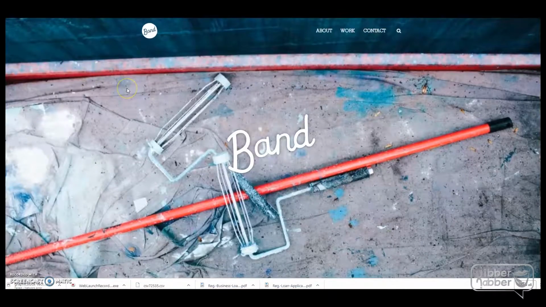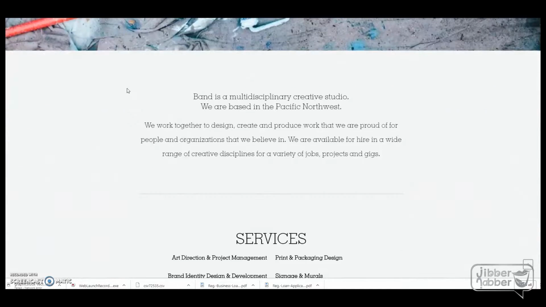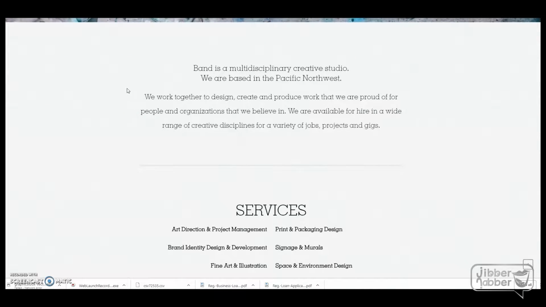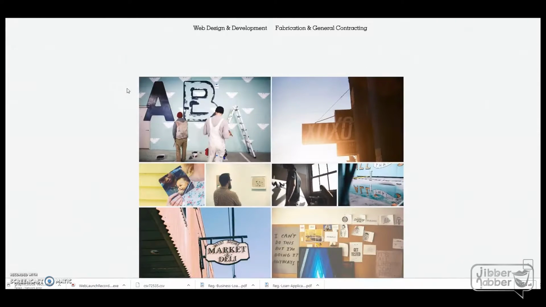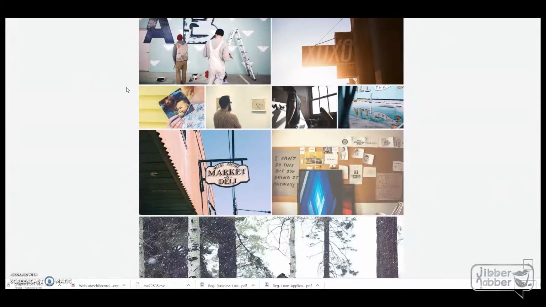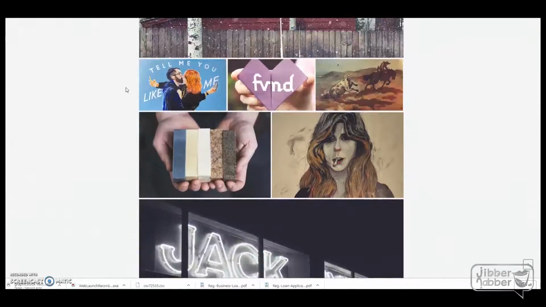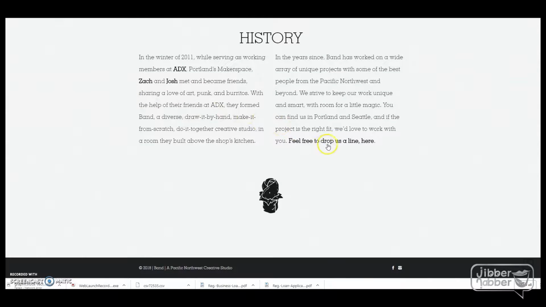Check out this company, Band. Look at what a creative and personalized About Us page they have. They tell us what they do, they briefly point out their services, but most importantly, they showcase their work. Imagine this is a very specific demographic of people who will hire them, or they'll at least inquire. And they've put a great call to action here at the bottom. Not too obvious. I'd make it a little more clear and concise, but they're hoping that they've really grabbed you on this page. I personally think they've done a great job.